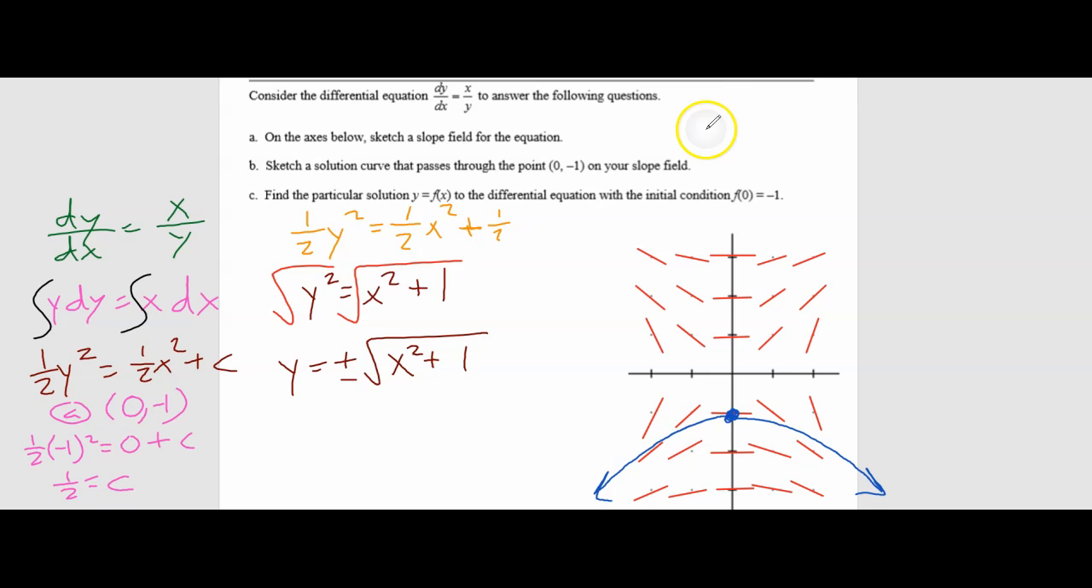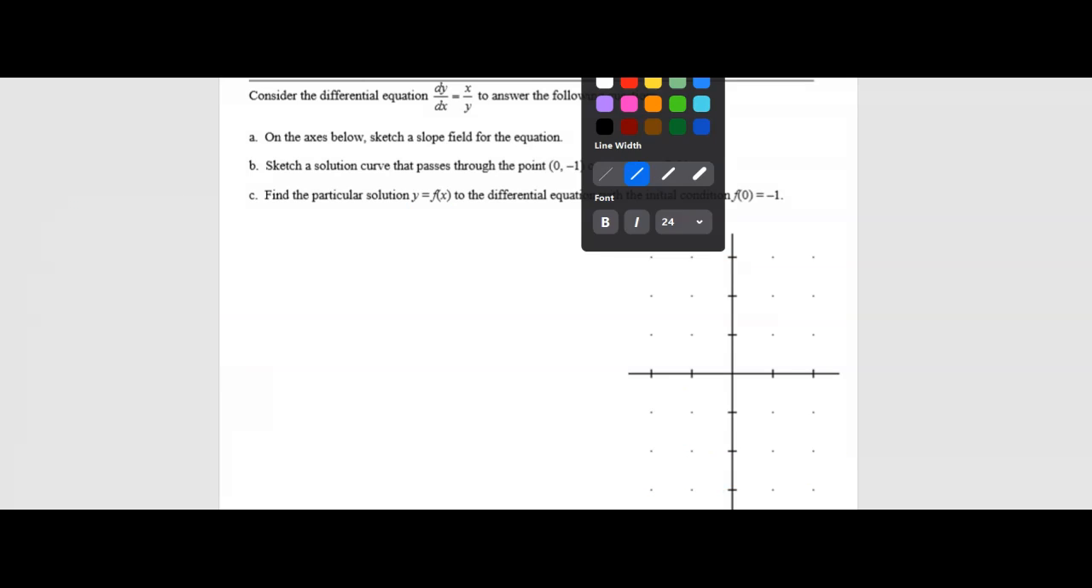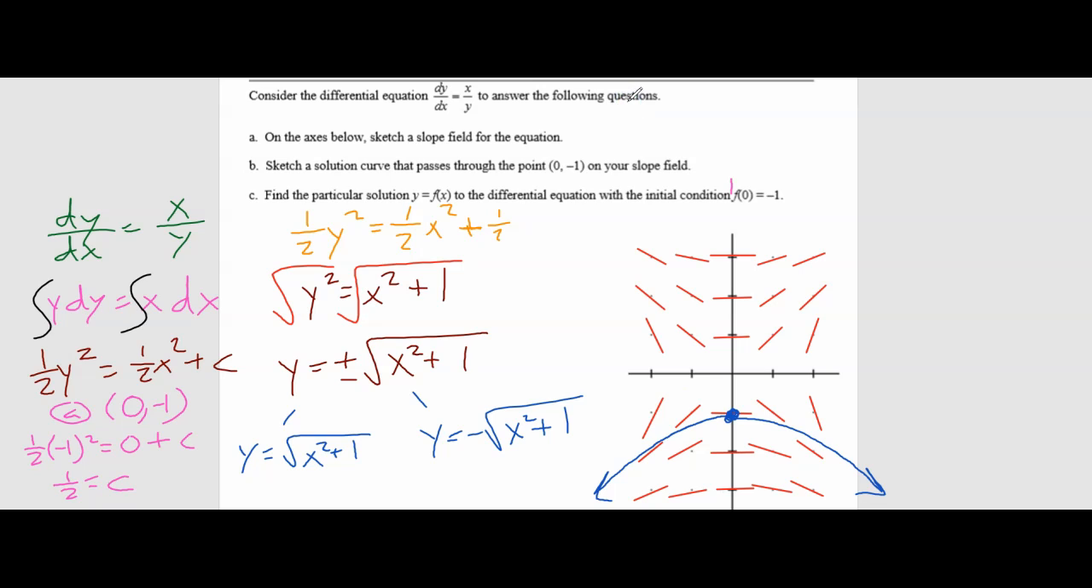So we need to see which one of these actually works. Is it y equals the square root of x squared plus 1? Or is it y is equal to the negative square root of x squared plus 1? Well, when I substitute in 0 for x, I want to get -1 for y. So that means this right here is my solution. I can only take